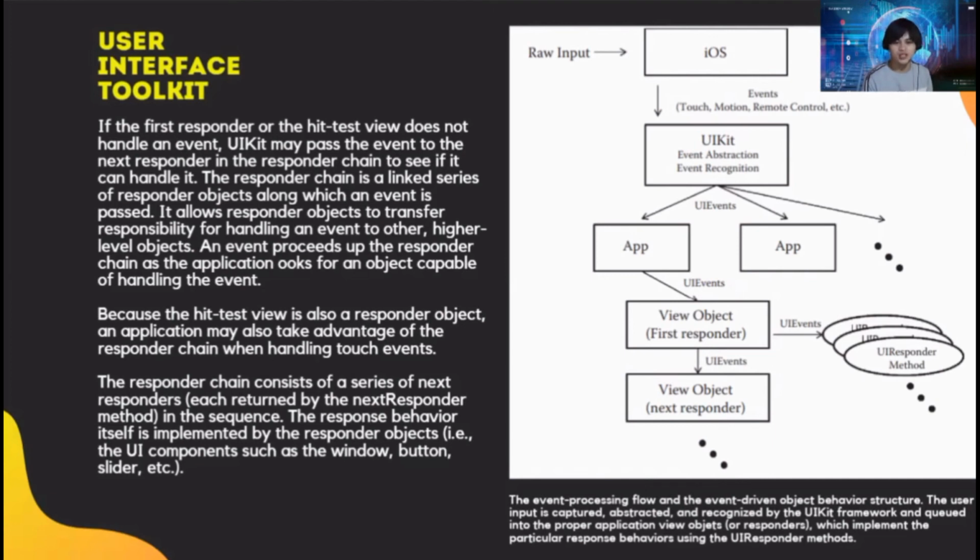So the responder chain is a linked series of responder objects along with an event is passed. It allows responder objects to transfer responsibility for handling an event to other higher level objects. Okay? So an event proceeds up the responder chain